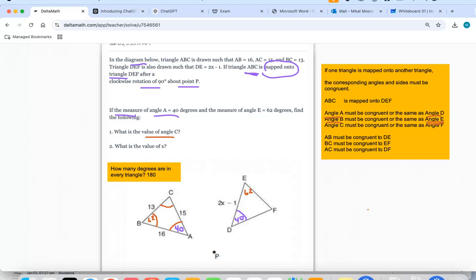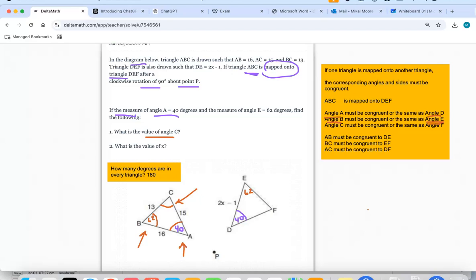So if this is 62, right? This angle is 62 and this angle is 40, and all together they must add to 180. Let's go ahead and find angle C. All right, so if you want to pause the video, you should be working on this question. I'm going to give you maybe about another 15 seconds. If you want to pause the video, pause the video. All right, so